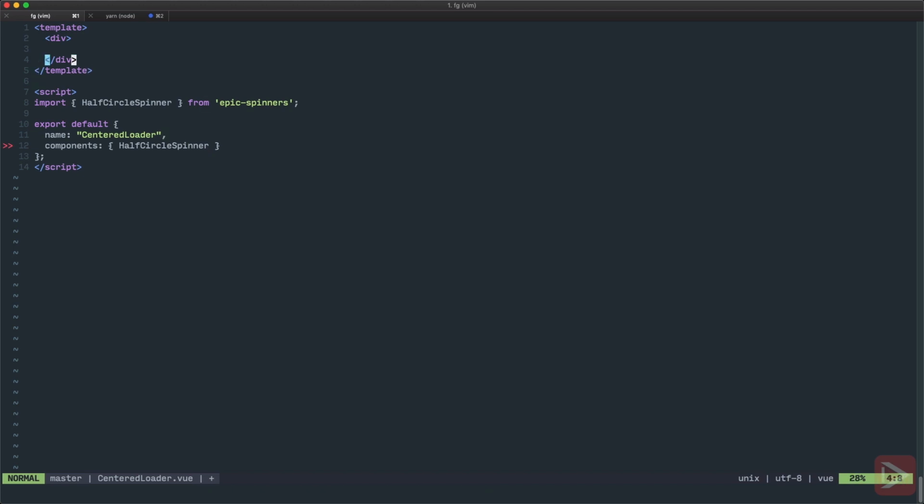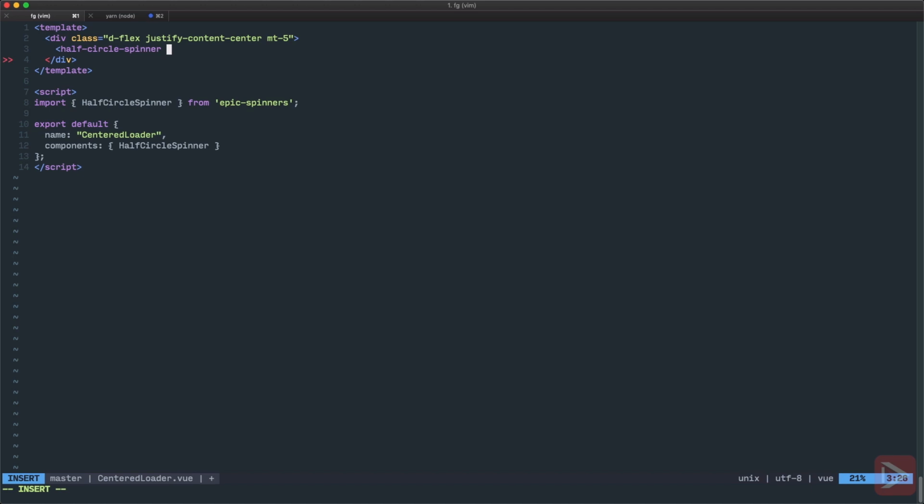Okay, now I can use it in my template. So here, let's add class, and I want to center it, so I'm gonna use flexbox, and Bootstrap 4 has these flex helper classes, so I will define it as d-flex, and I will use justify-content-center, and that will just center it horizontally, right? And then I will add to it mt-5 to just create some margin above the spinner. After that, I just use the Epic Spinner, so I will have half-circle-spinner,